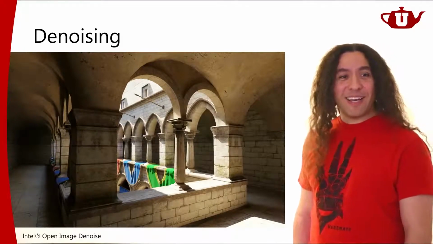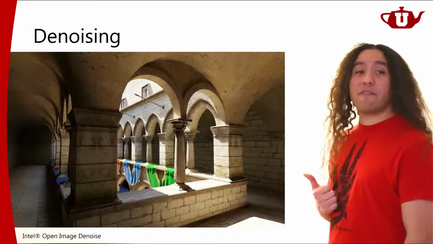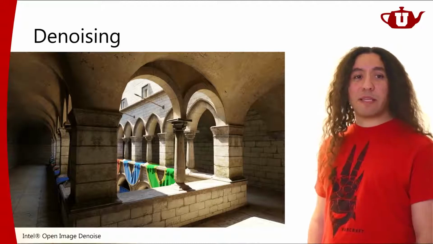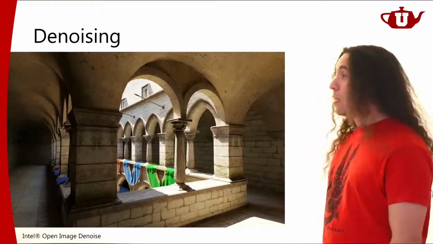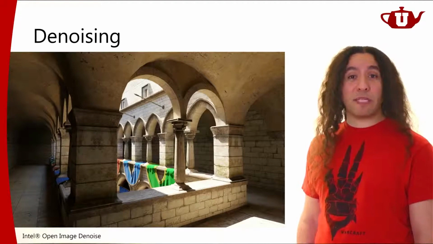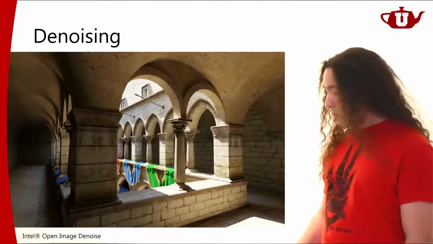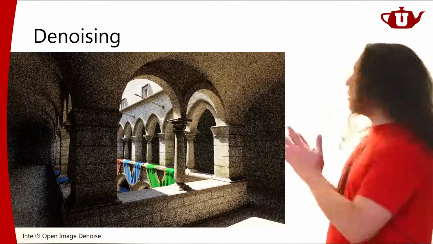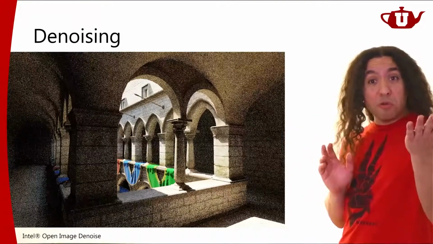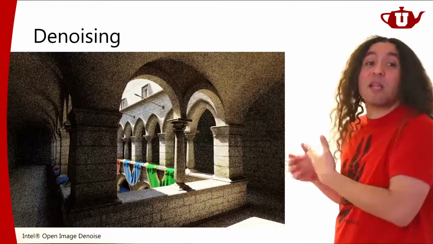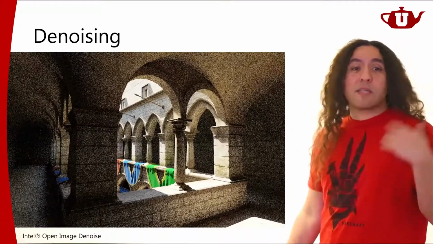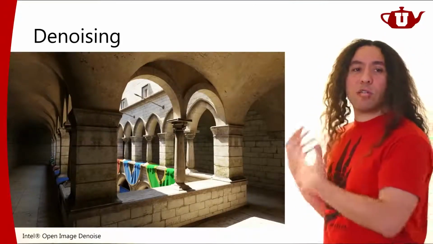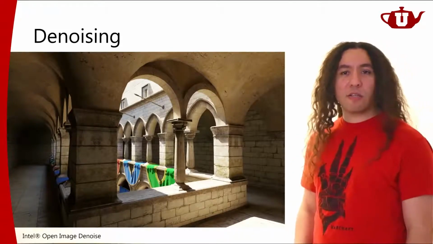So this is a very, very important and relatively recent development in computer graphics that made path tracing very, very popular, because we no longer have to wait for path tracing to converge. We can just render enough to get a good enough estimation of what the scene is supposed to look like. When you look at this, you have a pretty good idea about what this will look like when it converges, right? So these denoising algorithms are generating an estimation of what the converged image will look like.